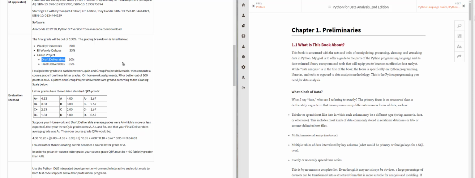The final deliverables, which will be worth 35% of your course grade, will consist of a PowerPoint presentation for a product that you and your team are intended to create, as well as the source code for a working version of this product, and finally, a group presentation of the product aimed at enticing prospective investors to fund the development